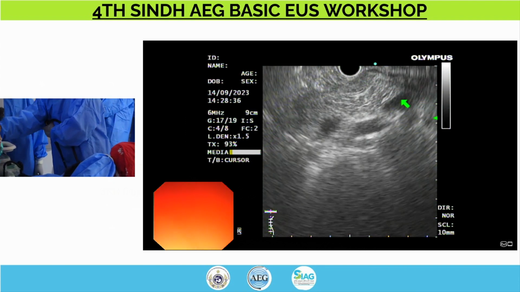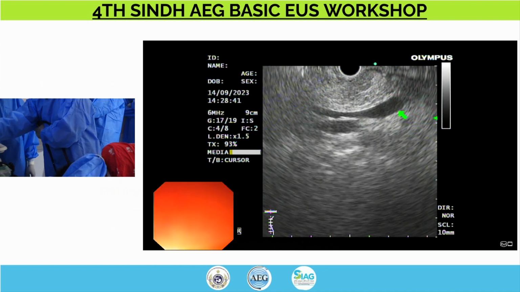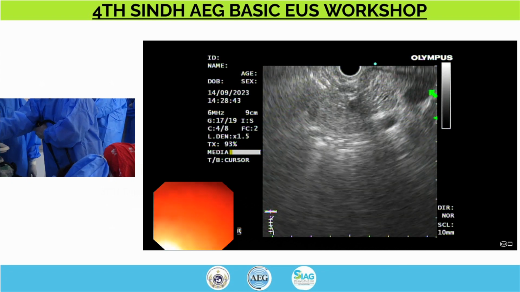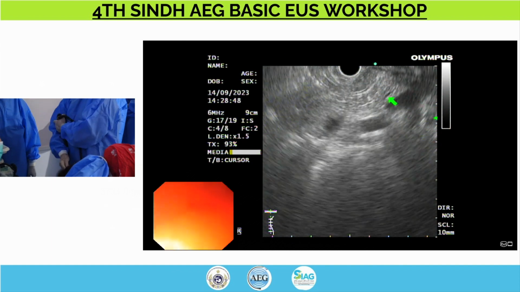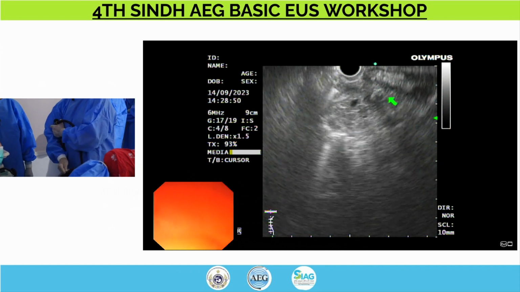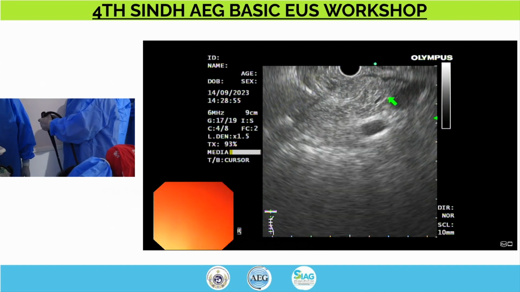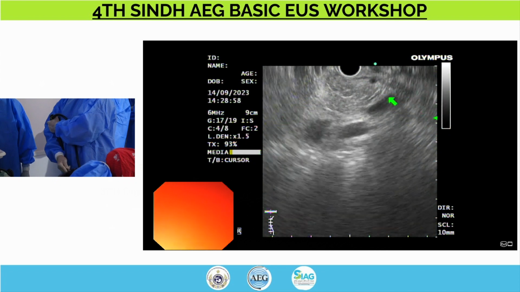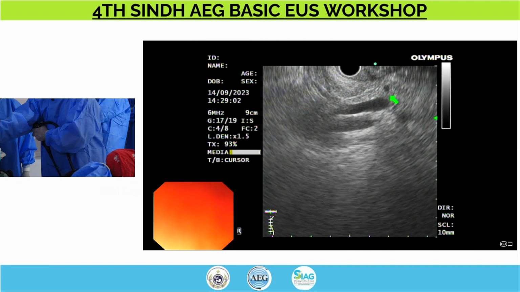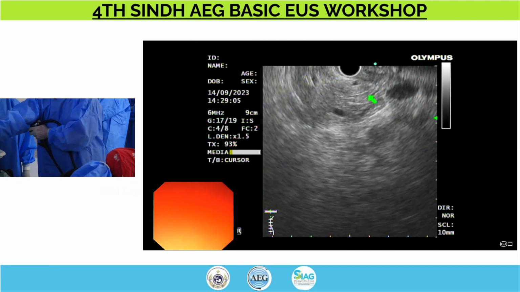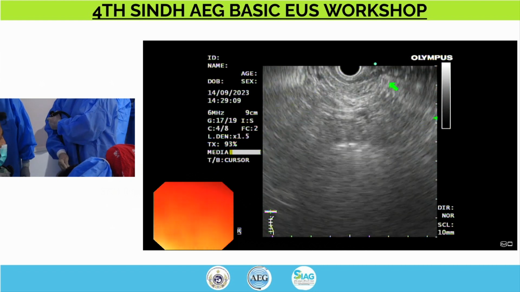Portal, this is like right here, superior mesenteric vein, superior mesenteric artery. If I follow that, I will end up in the portal vein, but I'm more interested in the pancreatic duct right here. That's the area of the neck. This is the third place where we are seeing the neck. Now I gotta make sure my views are unlocked. I'm gonna slowly follow that and go back, and you can see the portal vein coming right here, but I still did not lose the duct right there, coming back, and I'm about to fall into the stomach,